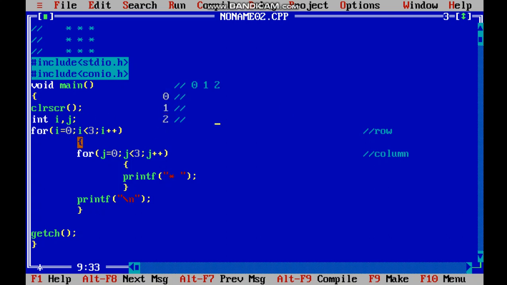As soon as we come inside the curly braces, there is one more for loop. This for loop will also execute 3 times, from j equals 0 to j less than 3, that means 2, so 0, 1 and 2. What does it mean?